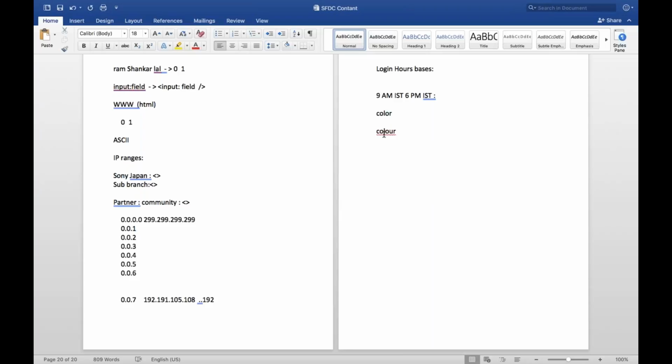But what happens is, since MS Office has been developed by Microsoft based on the US region, they have preferred this spelling, not this one. So there is no mistake in this also. If you just click on add to dictionary, they are going to take it. Similarly, think like your Word client is configured as US English. Maybe if you change to UK English, then it will